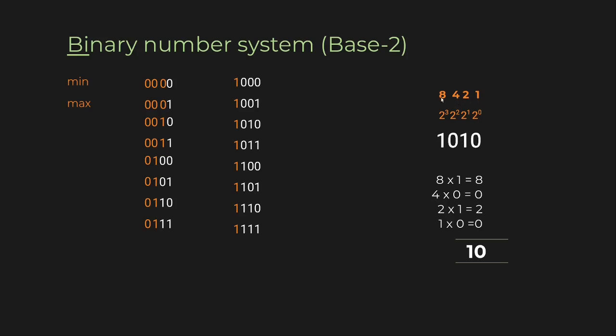Now you simply multiply 8 times 1, 4 times 0, 2 times 1 and 1 times 0. If you sum all these together you get 10. So that means this is 10. In this case, since there is only 1 and 0, anything multiplied by 0 is 0. So you can always ignore where 0 is there. Wherever there is 1, you can simply add those digits to get the final value. So in this case, 8 plus 2, which is 10. Let's see a few more examples.